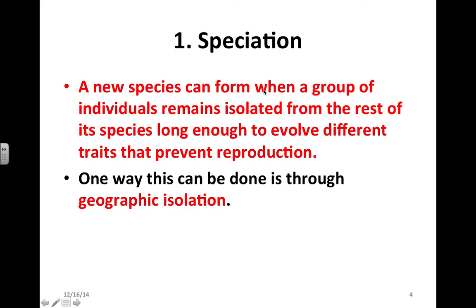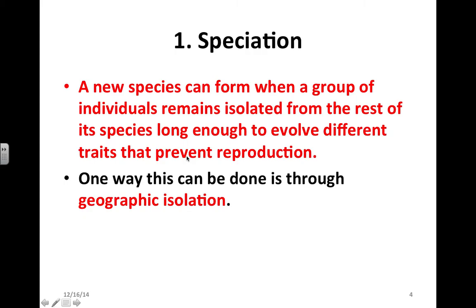So, you get a group of individuals. They all belong to the same species. But somehow, some way, they get isolated from each other. And so they kind of get split into two or three or four. And they stay apart long enough so that through time, different traits evolve, and eventually they could end up being